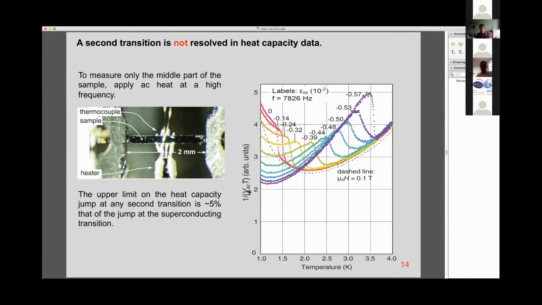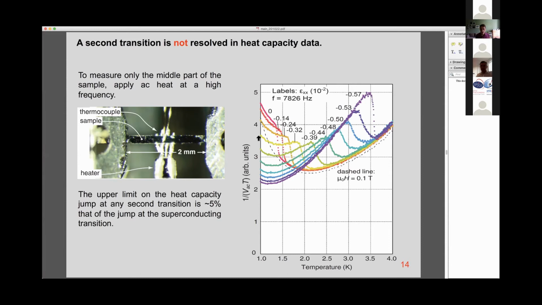So here I plot 1 over the thermocouple oscillation amplitude. This is qualitatively related to the heat capacity. At 0 strain, we can clearly see the jump in heat capacity at the superconducting transition. And as the sample is compressed, we can see this TC move on up as the Van Hove singularity is approached. The key result here is that at no strain can we resolve a second transition corresponding to that into a chiral state. So for example, here at 0.3% compression, here is TC, and we do not see a second jump corresponding to the second transition.